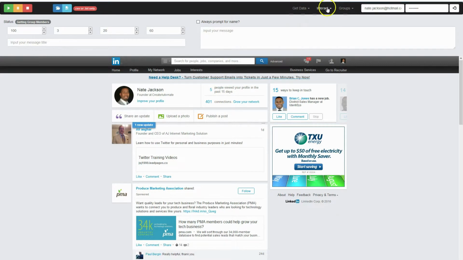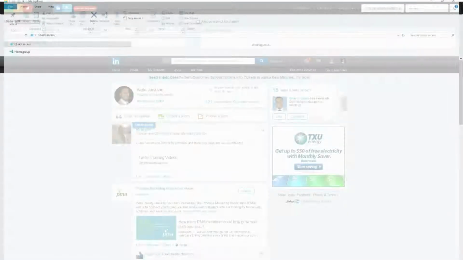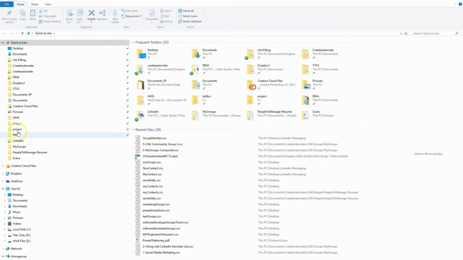So the first thing that we're going to do is go to the Interact and Send Messages module, and it's going to say Send Messages Activated. Upload your list of people to message, choose your timing settings, enter your subject and your message, and click the Start button. So click OK, and I'm going to show you here I have 3 different files